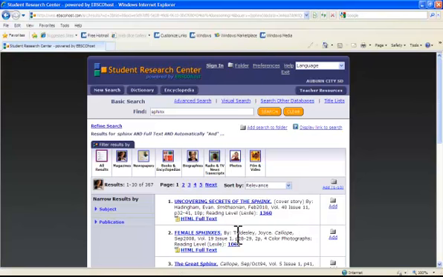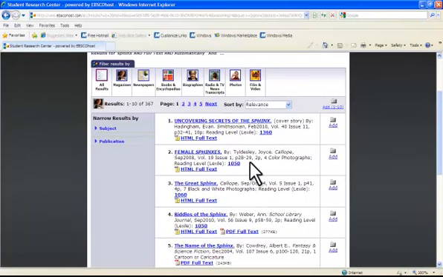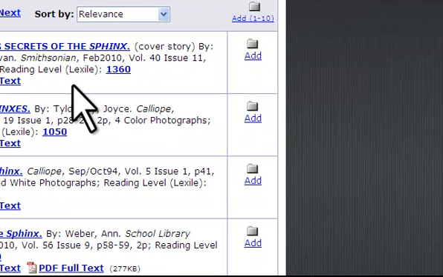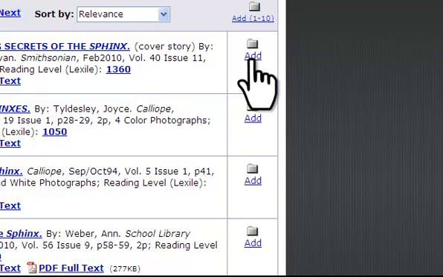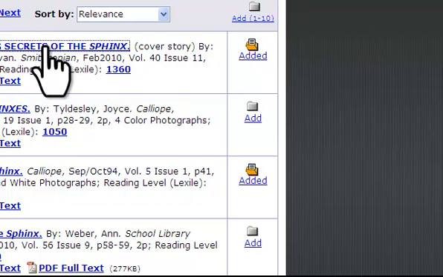So here you can see all of the results. If you're interested in printing several articles, or you would like to email several articles to someone you're working with, you can add them to a folder like this. Otherwise, you can click on the article,